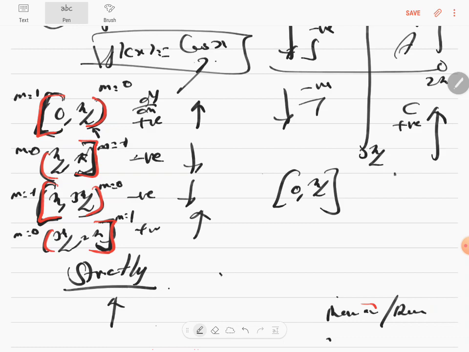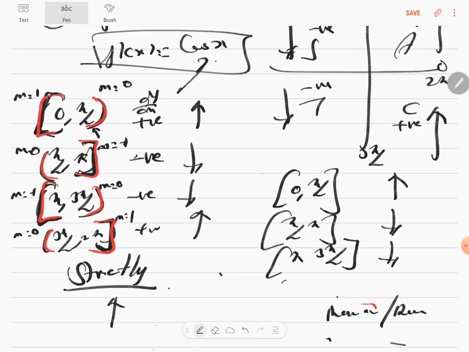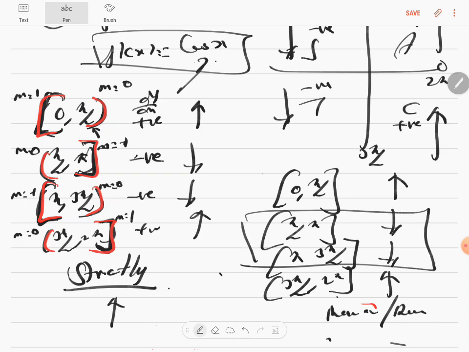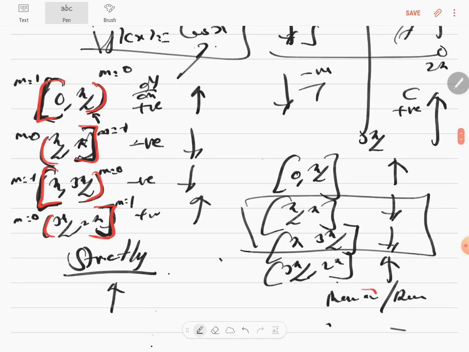0 to pi by 2, it's increasing. Pi by 2 to pi, close bracket, it's decreasing. Pi to 3 pi by 2, it's decreasing. 3 pi by 2 to 2 pi, it is increasing. But study this, come to this point. Can you see that